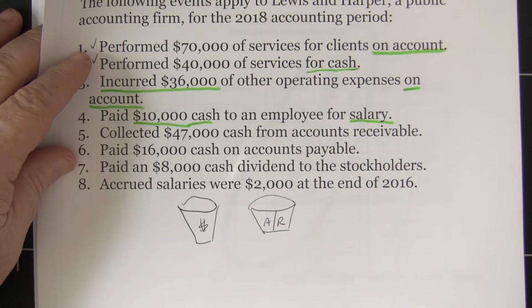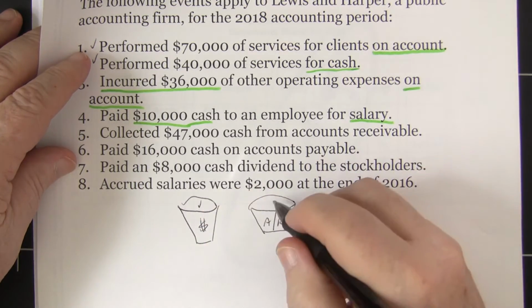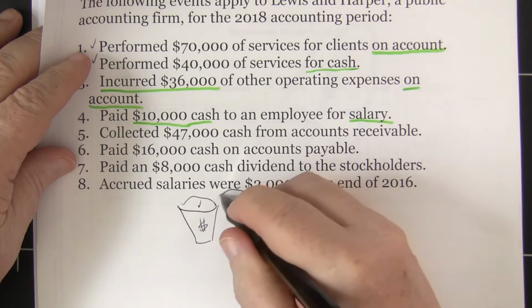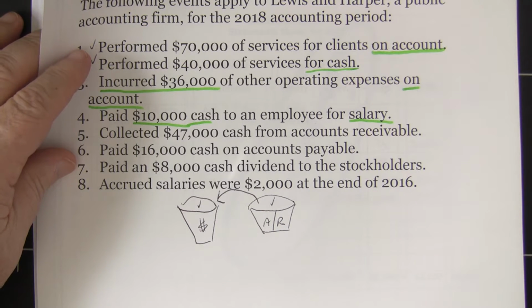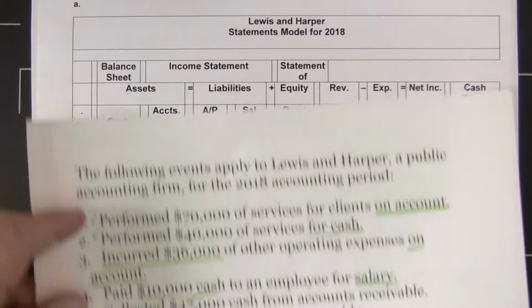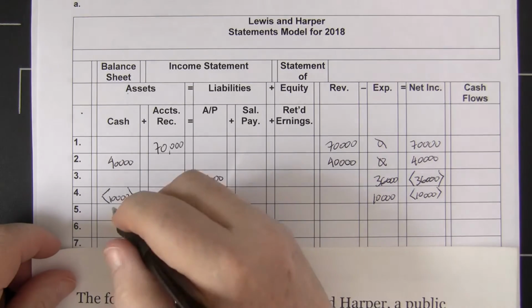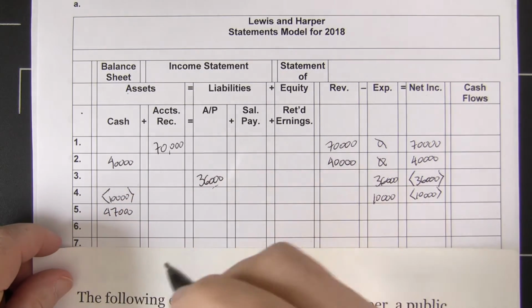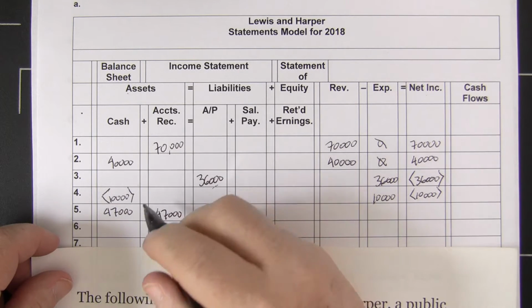So in this case, we're getting one asset, cash, and we're giving up another asset, accounts receivable. So we're just moving the money from one bucket to the other. So there's no real change in the value of the company. So our cash is going to go up $47,000, and our accounts receivable is going to go down $47,000